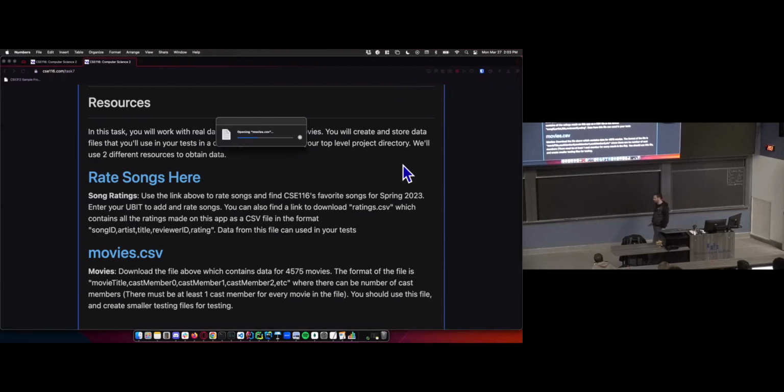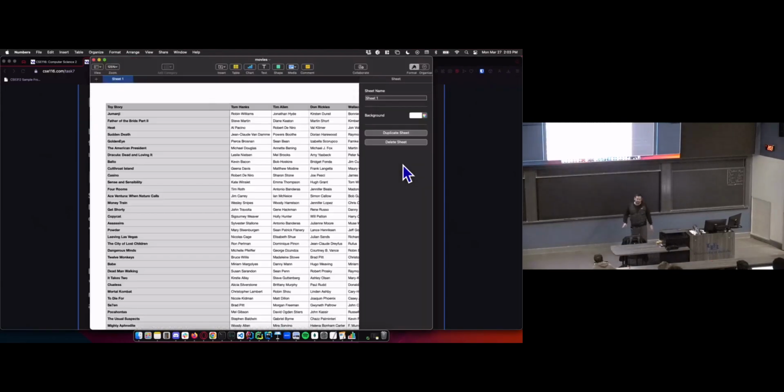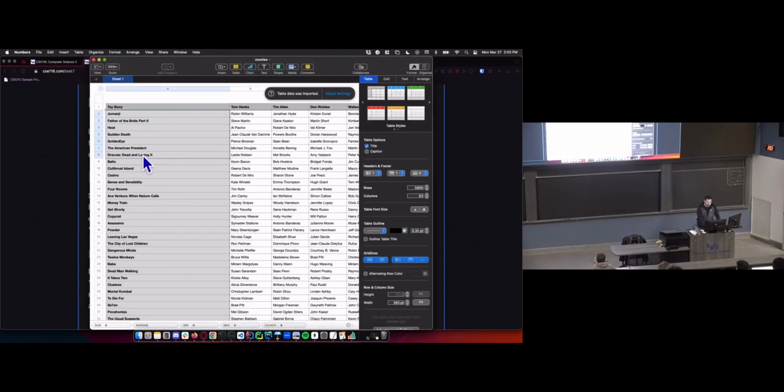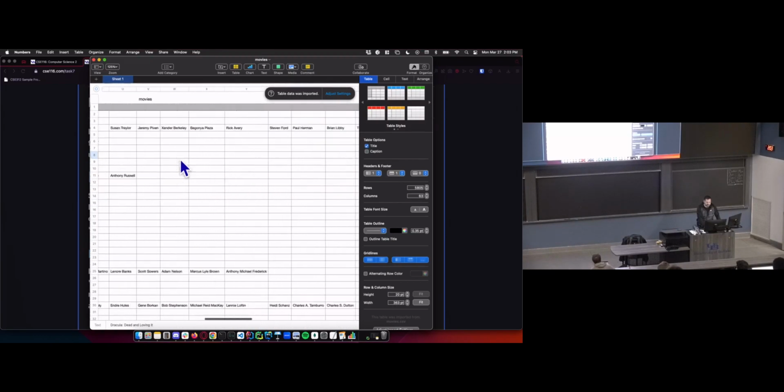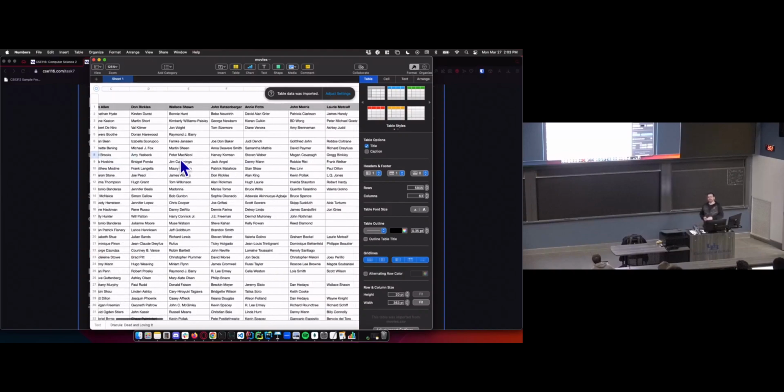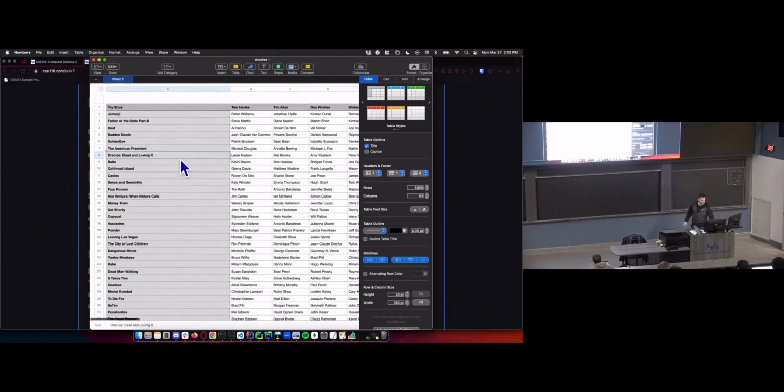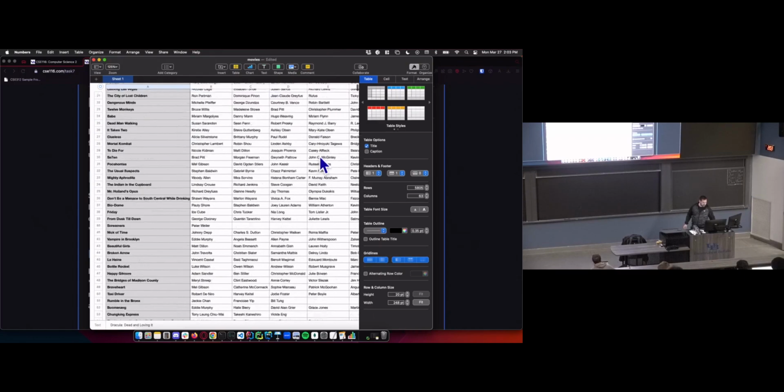Oh, it's going to open in a spreadsheet. It's a CSV file, but it by default opens in a spreadsheet. The name of each movie, and then the cast as a CSV file. So we can get that title and cast, like our movies class is expecting in its constructor. So we can parse this data and create a bunch of movie objects. And there are a couple movies in here.